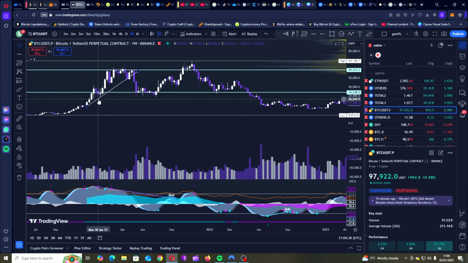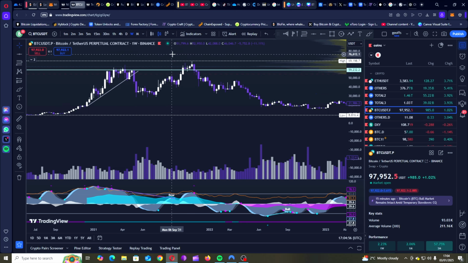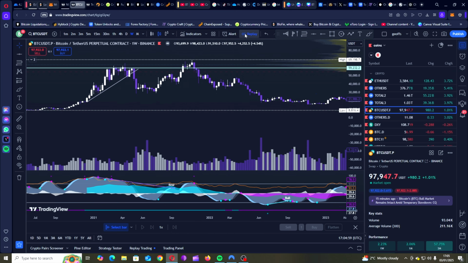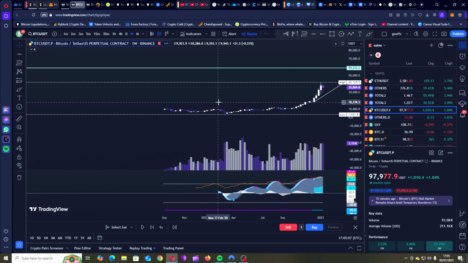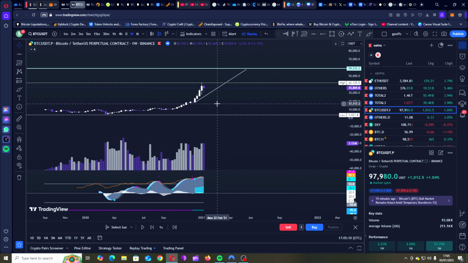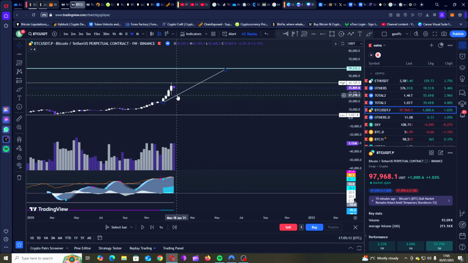So if we go back, January, we had the trend in motion. It came down. It tapped the trend at 29k, I think it was. Came back up and fired off. So what you also could have done in just this price action here, let's remove that for 1 second. I'm trying to see if we can get a replay mode here. So if we go there, right, and you can see at the minute we had no trend on the weekly. So if we take that away,